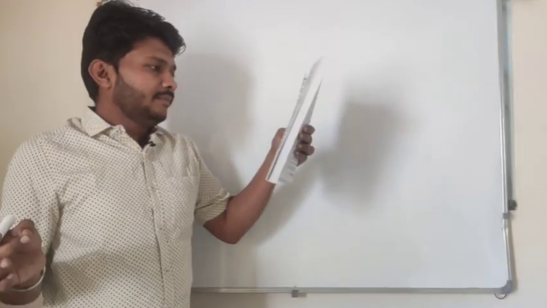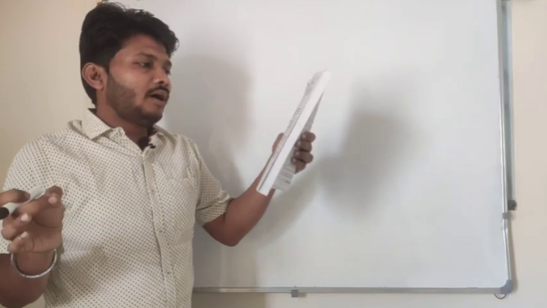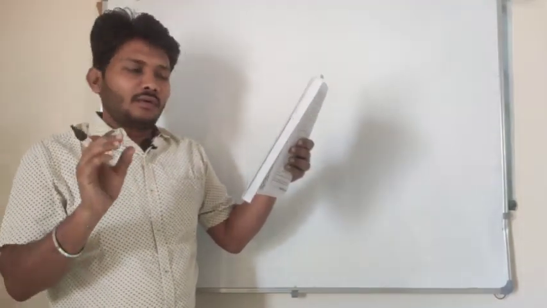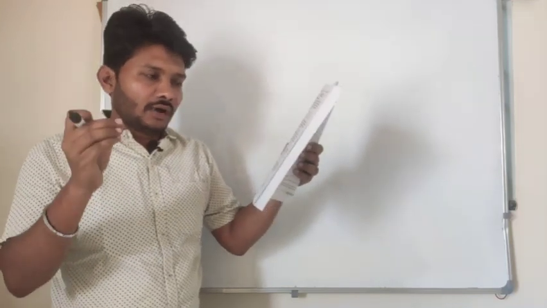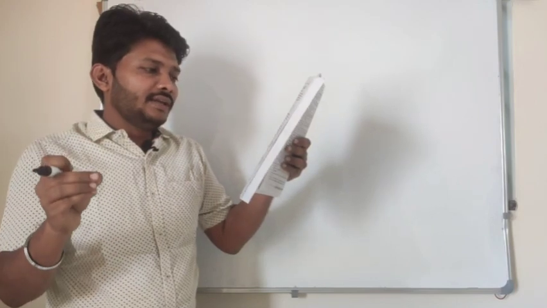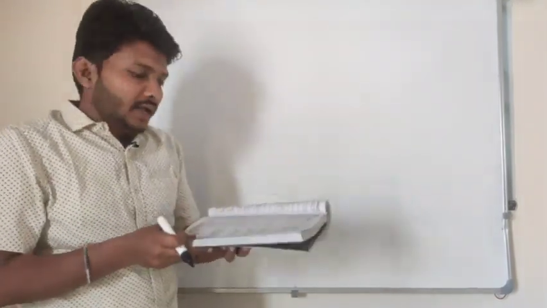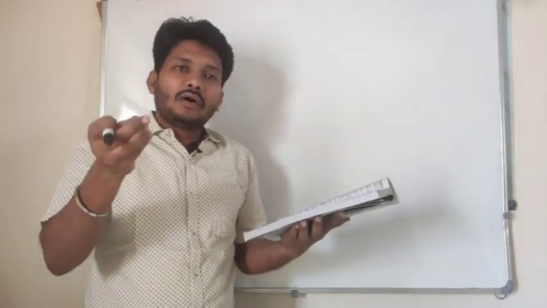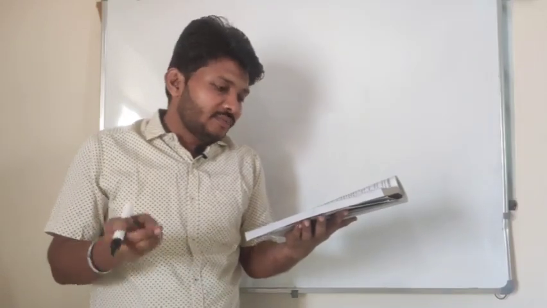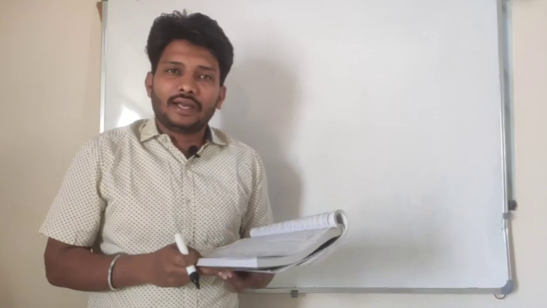In that fourth question, let me read out the question here. Density rho of water of bulk modulus B at a depth y. So density of the water is rho and its bulk modulus value is B, and it is at a depth y in the ocean, related to the density at the surface rho naught by the relation. They mention that density of the water is rho, then density of the water at the surface level is rho naught, and they mention that bulk modulus is B and height of the ocean is y.